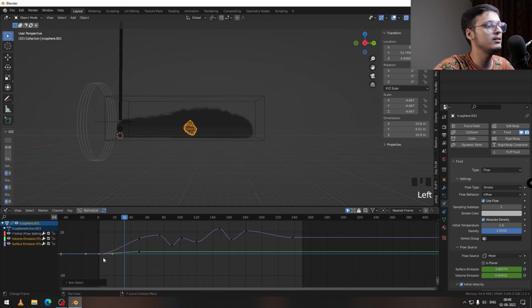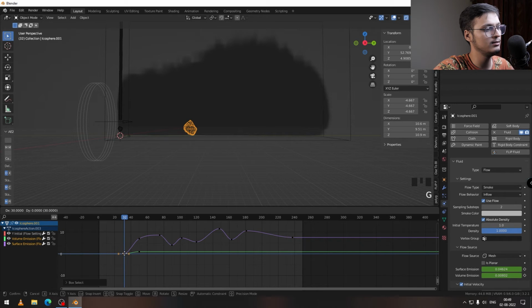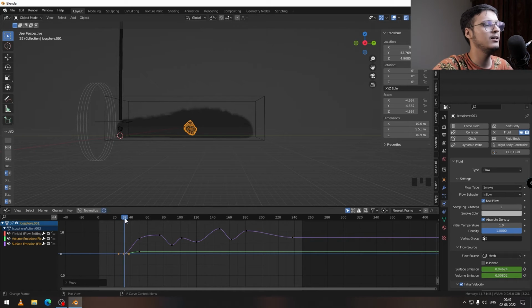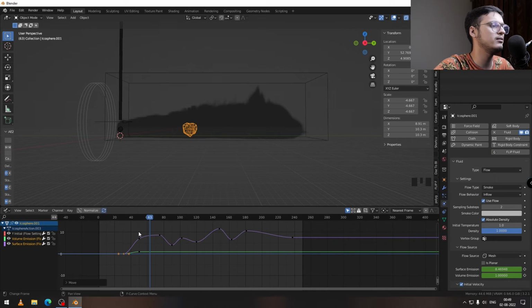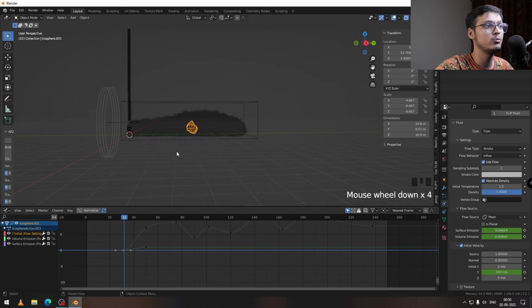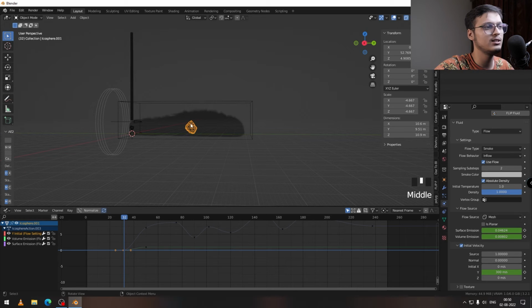I'm going to select the initial keyframes. I'm going to press G and move them ahead like 30 frames. And I'm going to leave the rest of the stuff the same. It doesn't really matter. Now another thing that's going to be a problem is the initial velocity of this emitter,